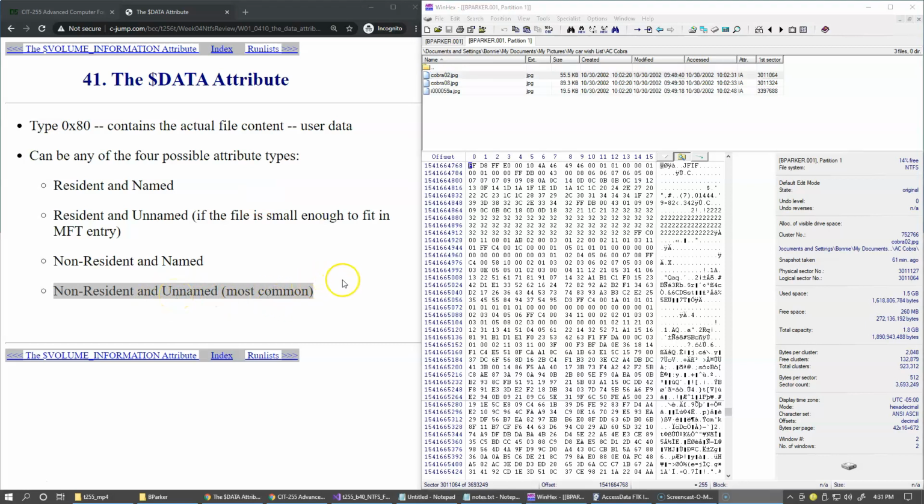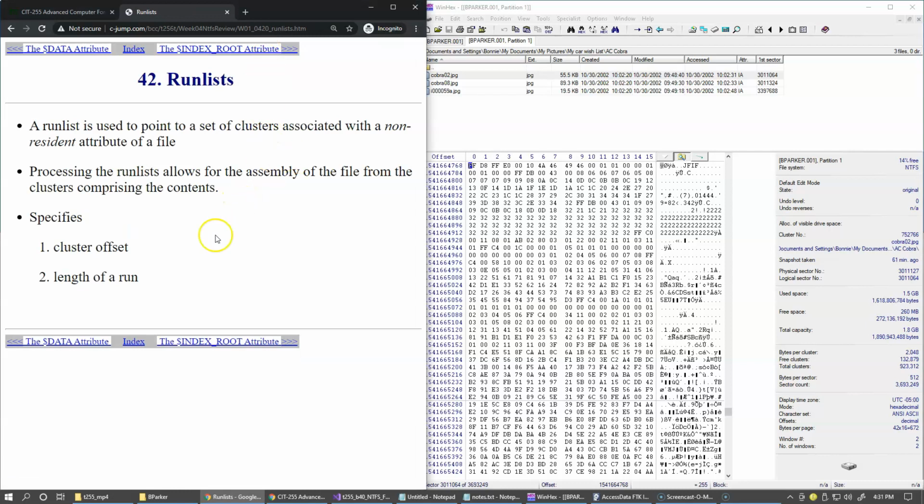And the combination of all fragments that belong to this file is called a run list, and run lists are basically a very simple combination of cluster offset, the cluster number, and the length of the run of the clusters. Cluster list or cluster run. So if the file is fragmented, there will be a list of multiple data runs using the same structure, again the first cluster plus the number of clusters and so on. And also in a typical file and directory, we expect to find at least one file name attribute,